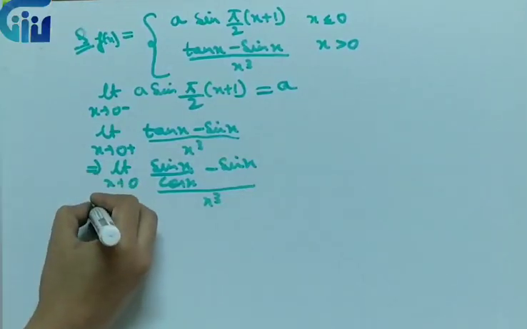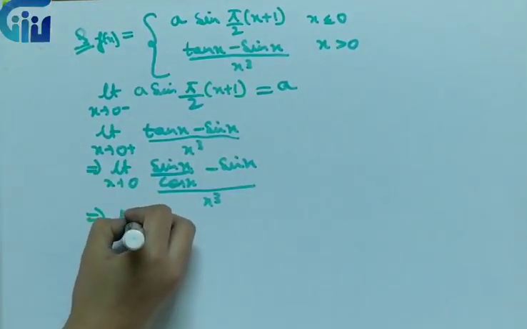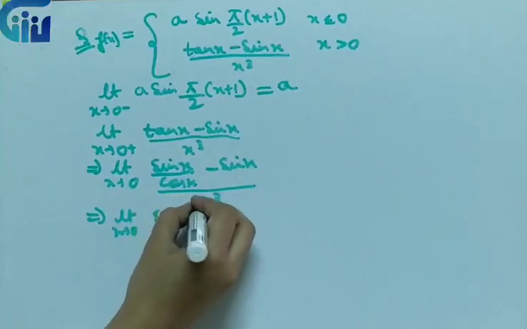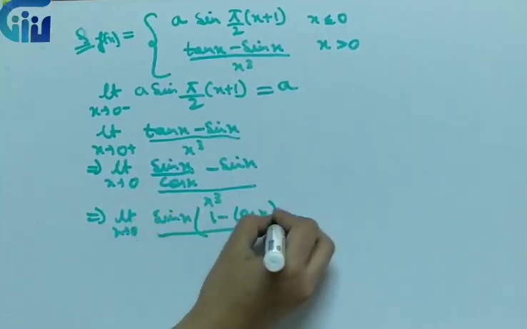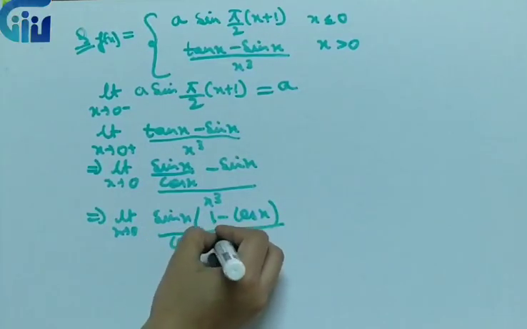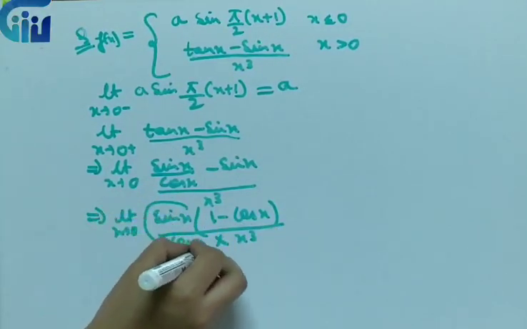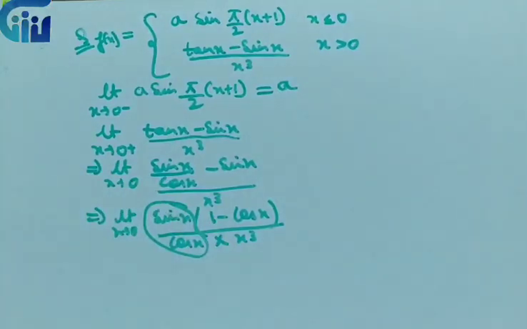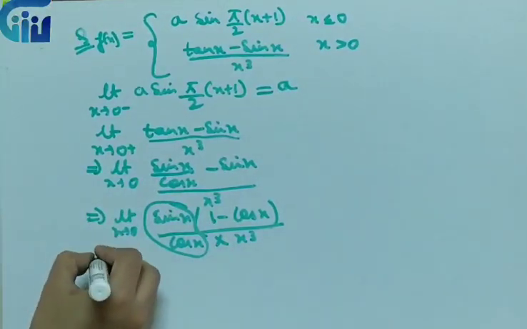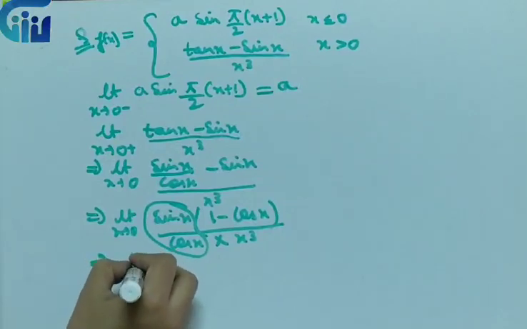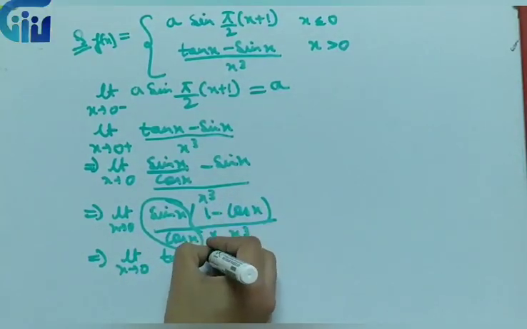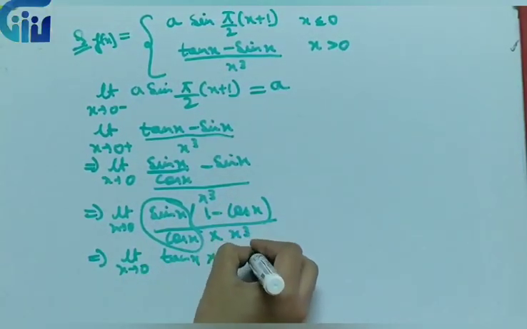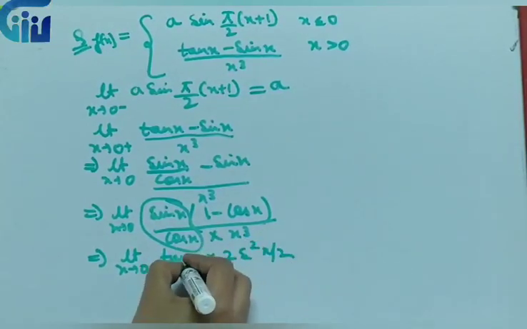So I can take sin x common. So this is sin x common and take the LCM. So 1 minus cos x upon cos x, and this we have x cube over here. So this is tan x, right? So what we have, so this is limit x tending to 0. So what we have, this is sin x upon cos x will give me tan x. 1 minus cos x, in place of this I can just apply the formula 2 sin square x by 2. Just observe carefully.